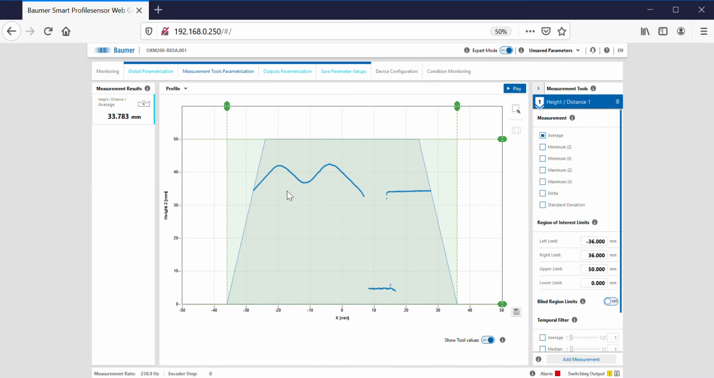Now, if I only want to take the average height, say of this section here, or of this section here, or of this section here, then I just move the area of interest over to that there. So if I want to take the average height of this section here, you'll see I'm given my value here,